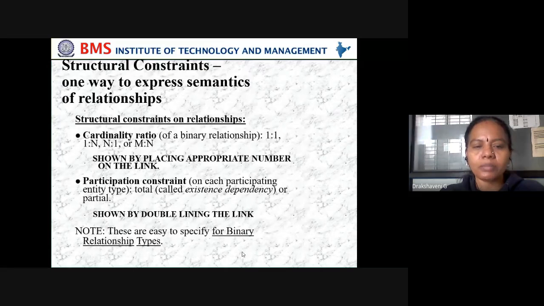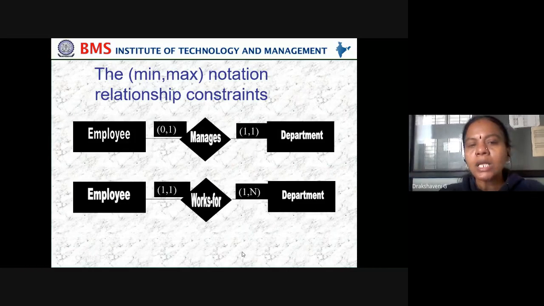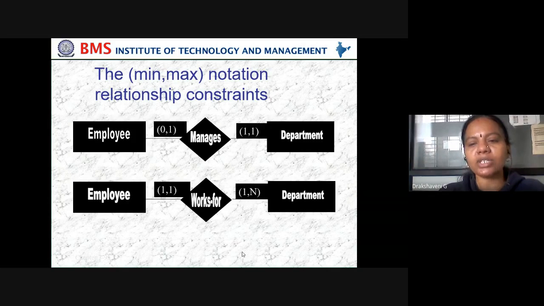So how do we represent cardinality? The same thing I explained in the last slide. We use 1-to-1, 1-to-n, n-to-1 or m-to-n. Then how do we specify alternative minimum and maximum? We specify 0,1 or 1,1, specifying that an employee is managing, and in that particular department there will be one HOD. That's what department manages. In this example, you can see 0 is minimum, 1 is maximum. So 1 and 1, that is employee manages department. Employee works for department, so employee 0,1 department.